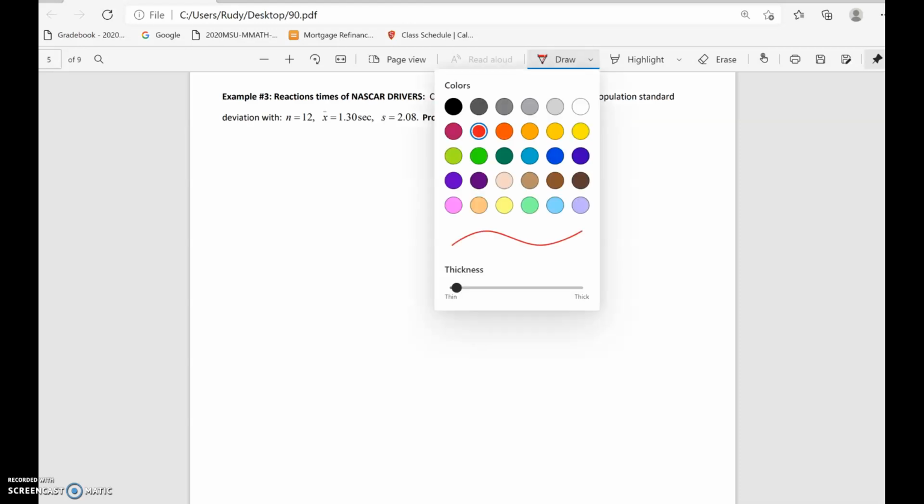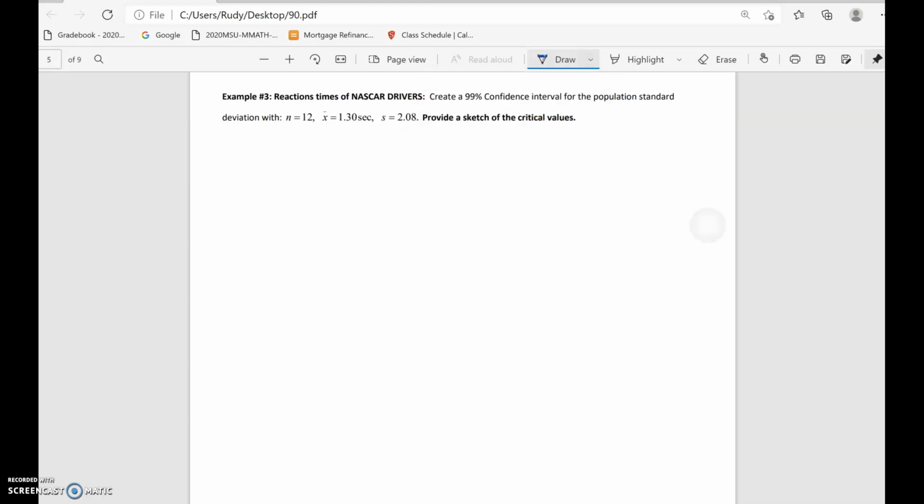Hi class, let's take a look at example 3. And we're dealing with another confidence interval, and it's still for the standard deviation. Let me just write down here that the degrees of freedom is actually going to be 11 for this one. And let's start with the critical values. So the critical values,